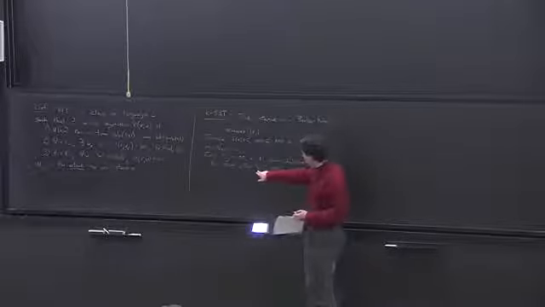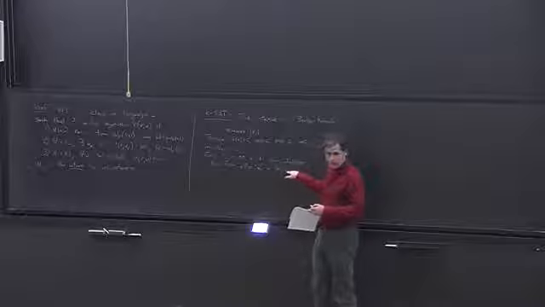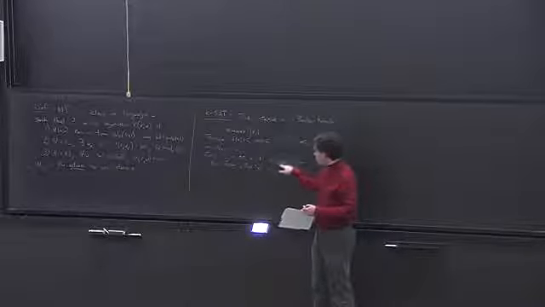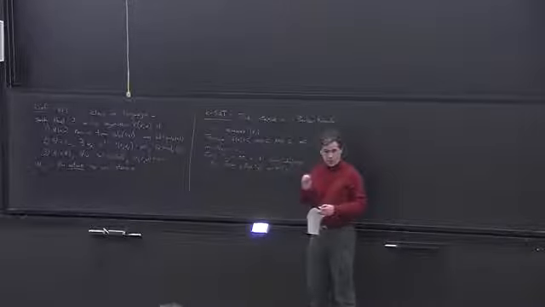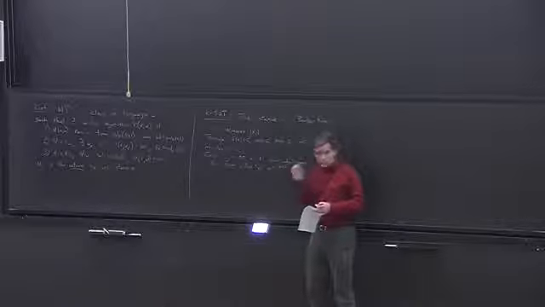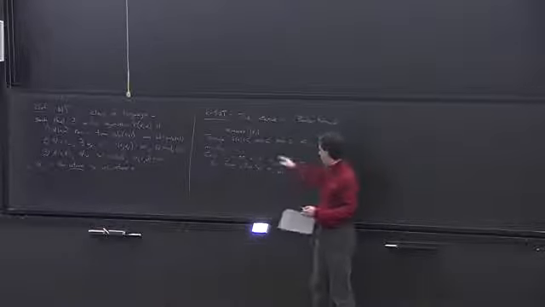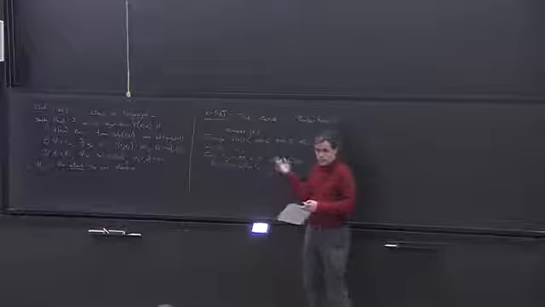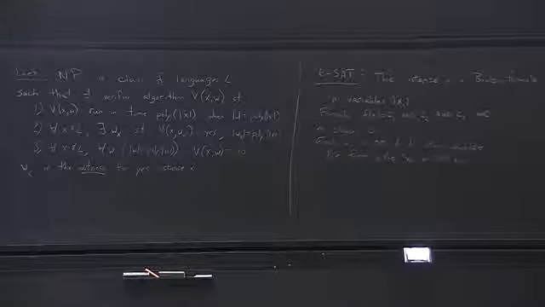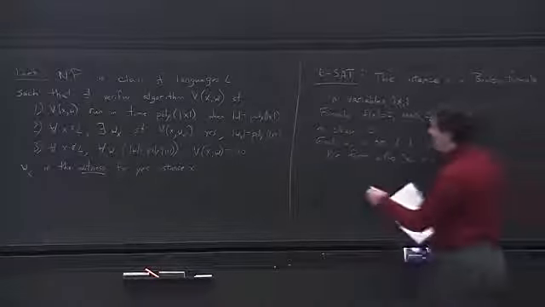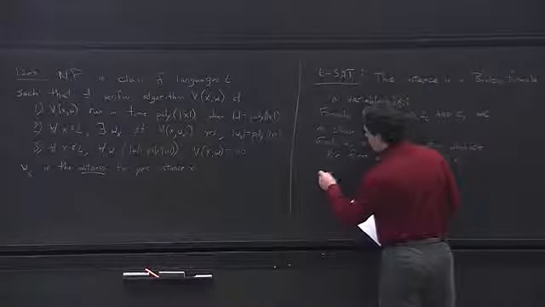The atoms are either x's or not x's. Basically, each atom is a statement that some variable should be true or that it should be false. But because we have the OR of them, not every one of them has to hold. Oh yeah, and so KSAT is a yes instance